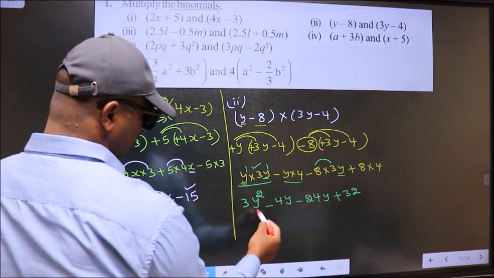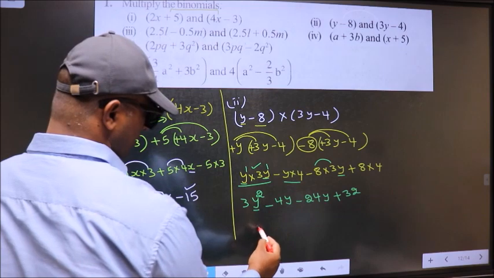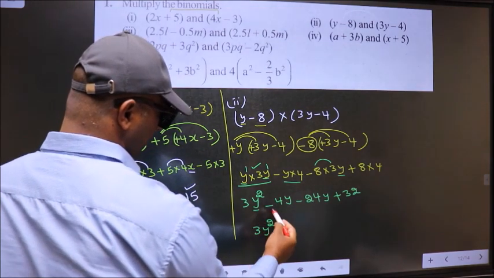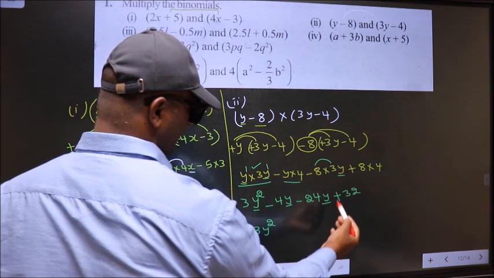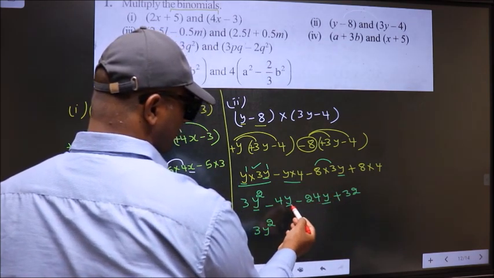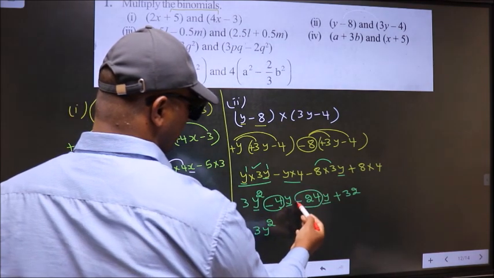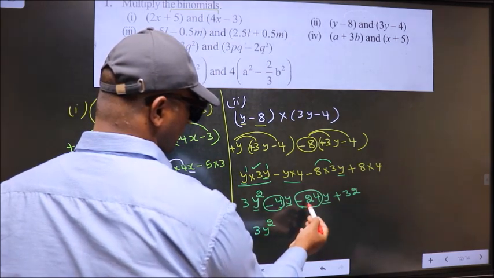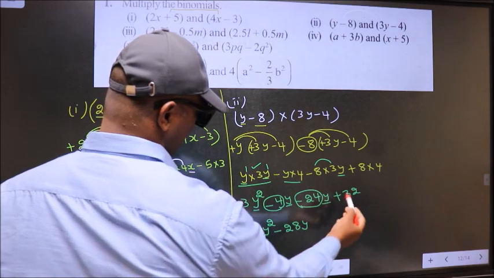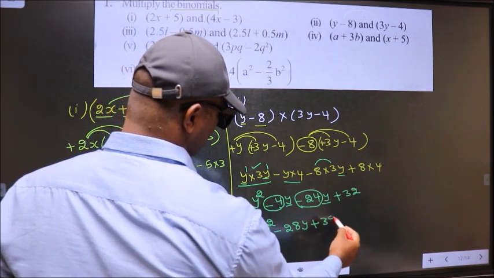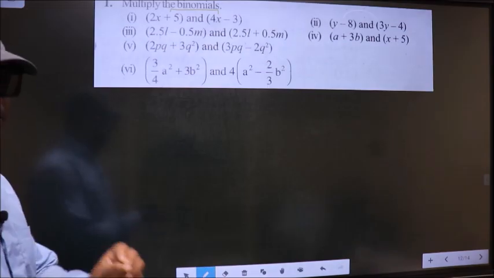Now y square, do we have y square term anywhere else? No, so write it down as it is. Next term y, do we have y term anywhere else? Yes, here. So these two are like terms, so the number before y, minus 4 and here minus 24. So minus 4 minus 24 is minus 28y plus constant 32. So this is our answer. Now third bit,